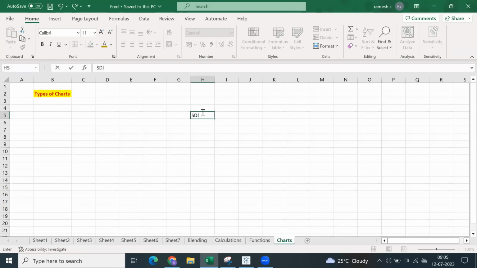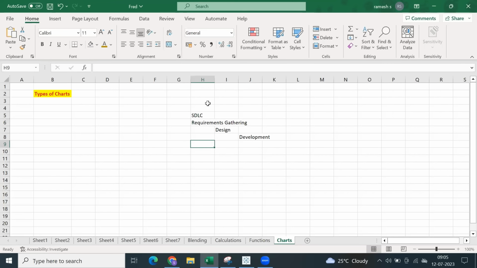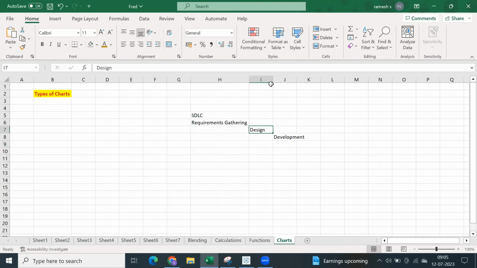SDLC process, software development lifecycle. So here we have a design phase, and you have a development. And before design, you may have a requirements gathering, correct? So you have a design, you have to develop and